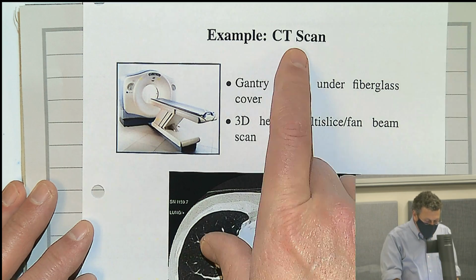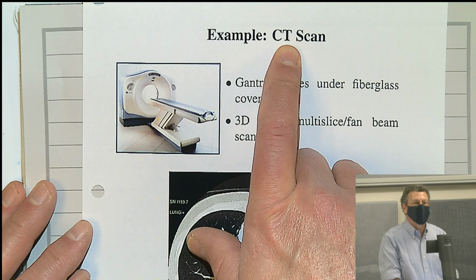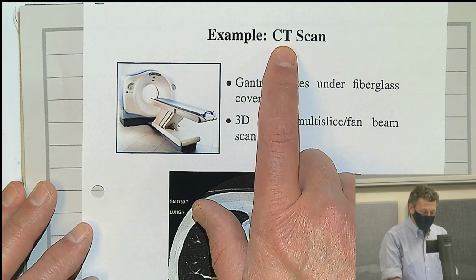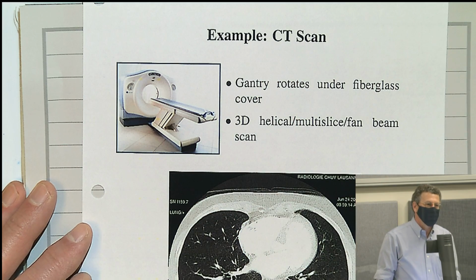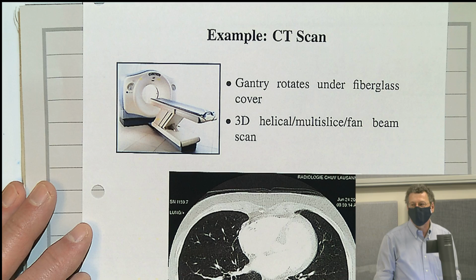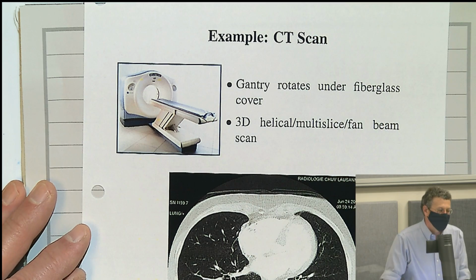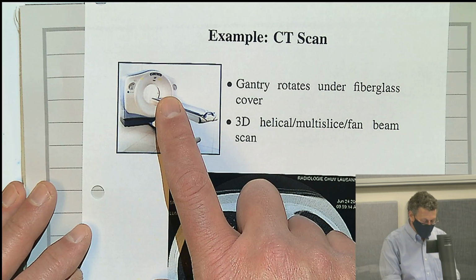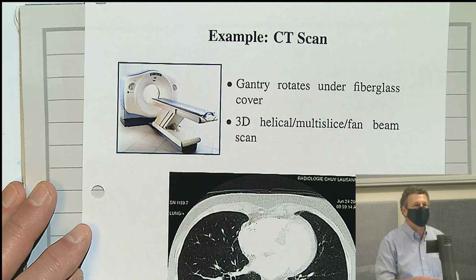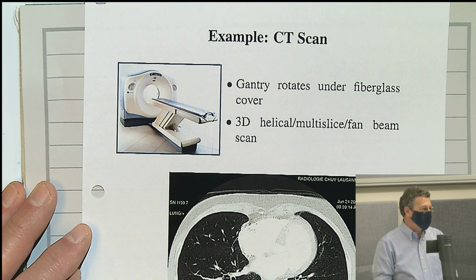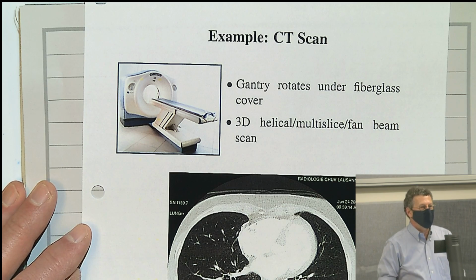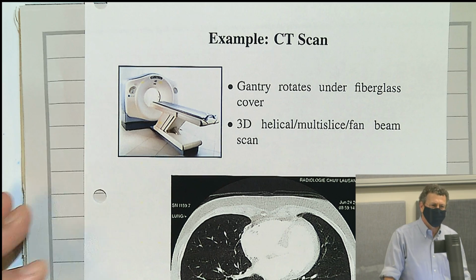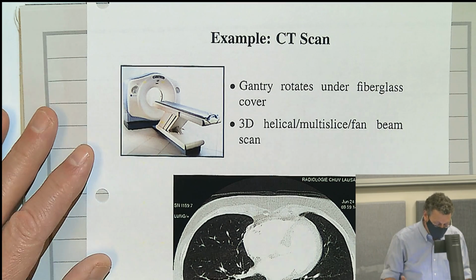So these used to be called CAT scanners, for computed axial tomography. But they're not axial anymore. Now they're helical scans. So doctors often still refer to them as CAT scans, but they're really CT scans. Sometimes they call them VCT, for volumetric CT. We'll talk about it a little bit, but they just used an axial rotation, and then they went to a helical rotation, and then they went to a multi-slice helical rotation. So the multi-slice is basically 3D, so it's volumetric. We won't really talk about that. So sometimes that's what they call them.